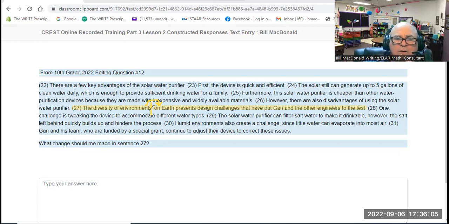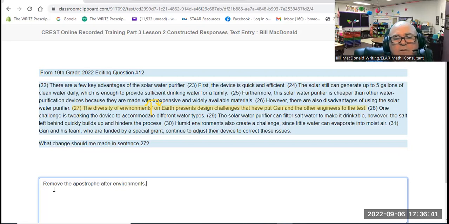So in punctuation, whenever you have a plural possessive, you have to be able to own the next word. So my answer is going to be something to the effect of remove the apostrophe after environments, period. Okay. And you might not want to be too mean or too strict, but hopefully if they're going to be answering,